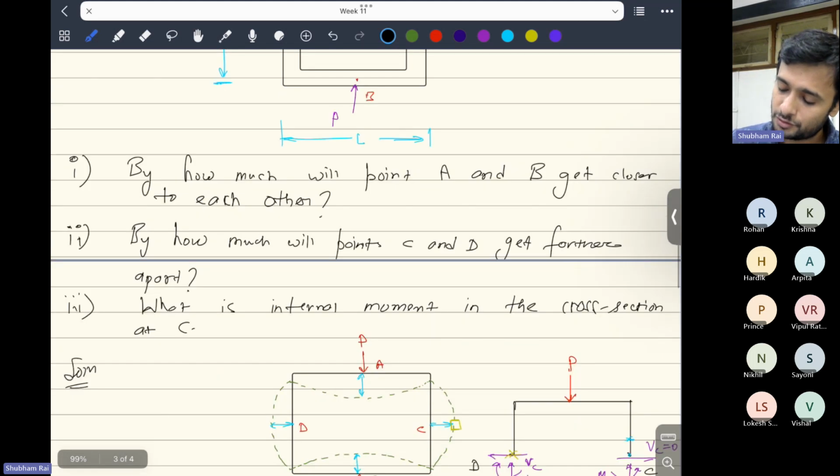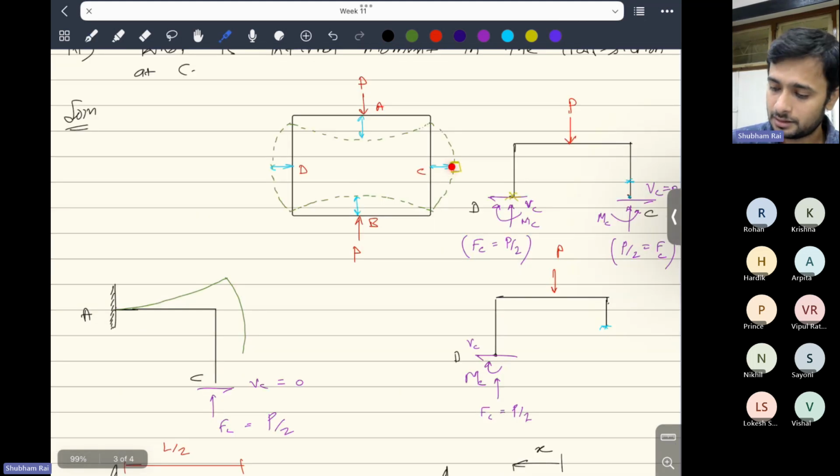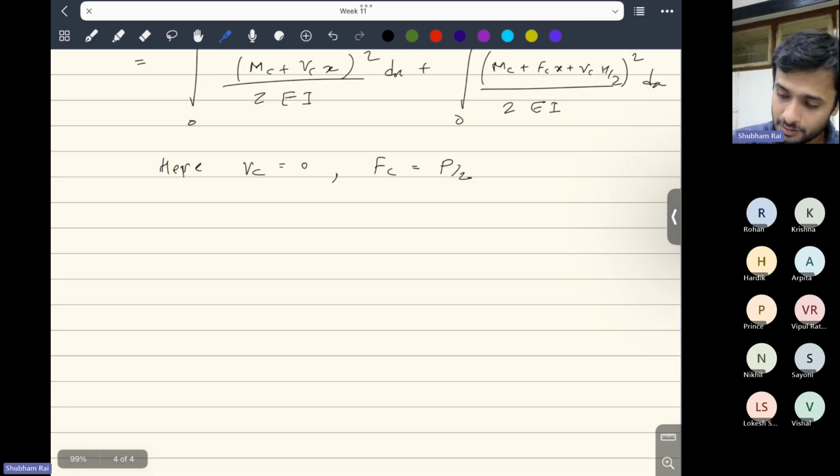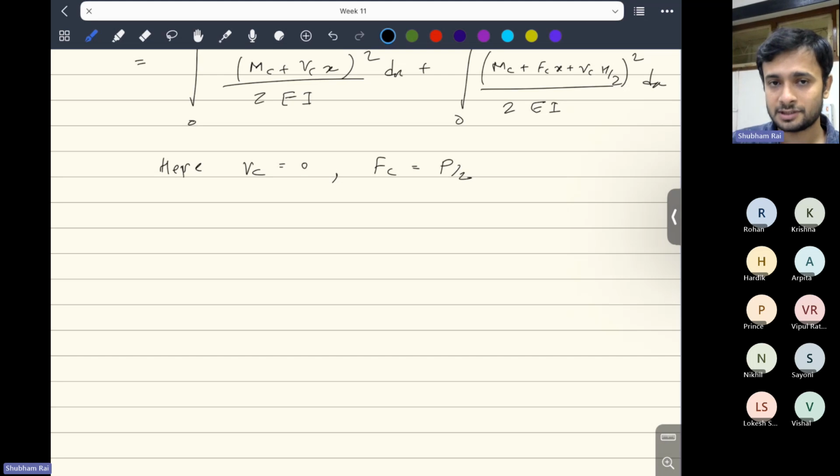In the third part. So to find out that, we can say that at C, there will not be any rotation of the cross section, right? Because the beam is vertical and the tangent here is also vertical. So there is no rotation of the cross section. That's why theta c will be 0. So how can we find theta c? We have to differentiate this energy with respect to Mc, right? So we will get theta c, and then we will put it equal to 0, and then we'll find the value of Mc. So what we are saying is